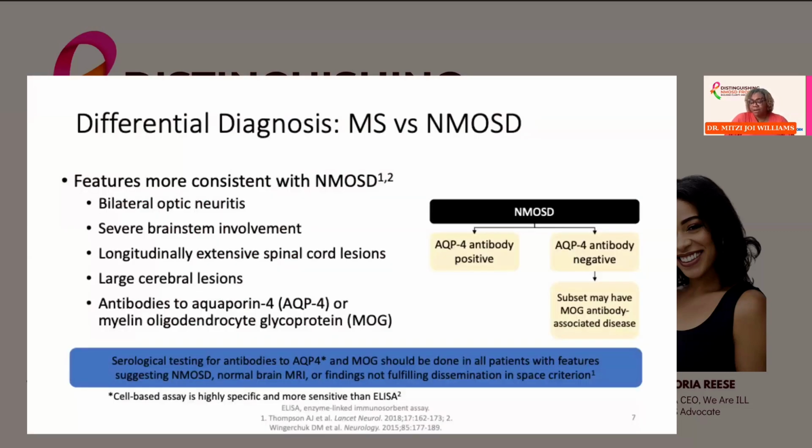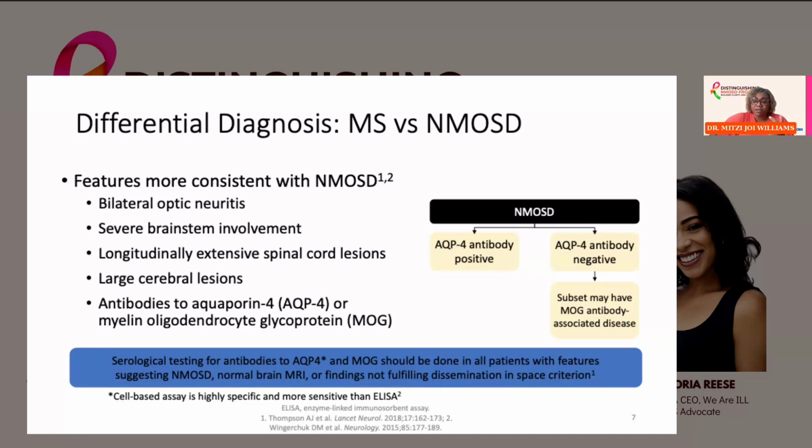All right, so when we think about what distinguishes it from MS, because a large percentage of those who have NMOSD have, in the past 20, 30 years or so, been misdiagnosed with MS. What distinguishes it clinically? Oftentimes when we think of optic neuritis or vision problems with MS, people have one-sided vision loss. So people will say, hey, Dr. Mitzi, I lost vision in my right eye. More commonly with NMOSD, people can have one-sided vision loss, but it often is very severe. And then they also will more often have both eyes affected at the same time.